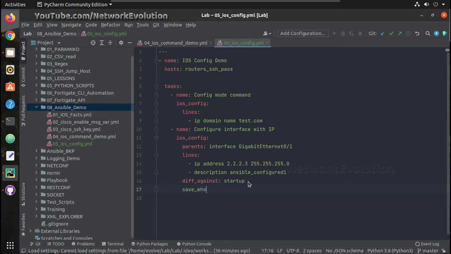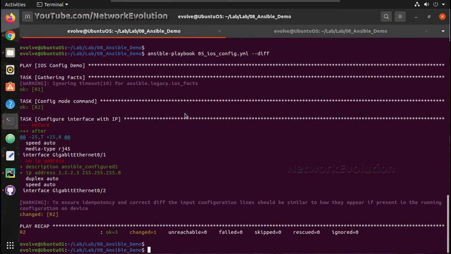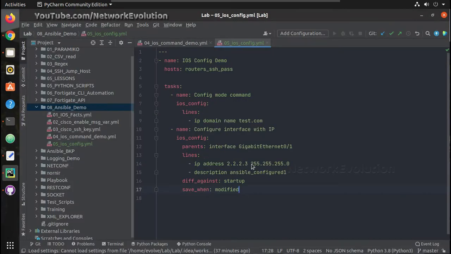Save when modified. I'll change this back to itself.